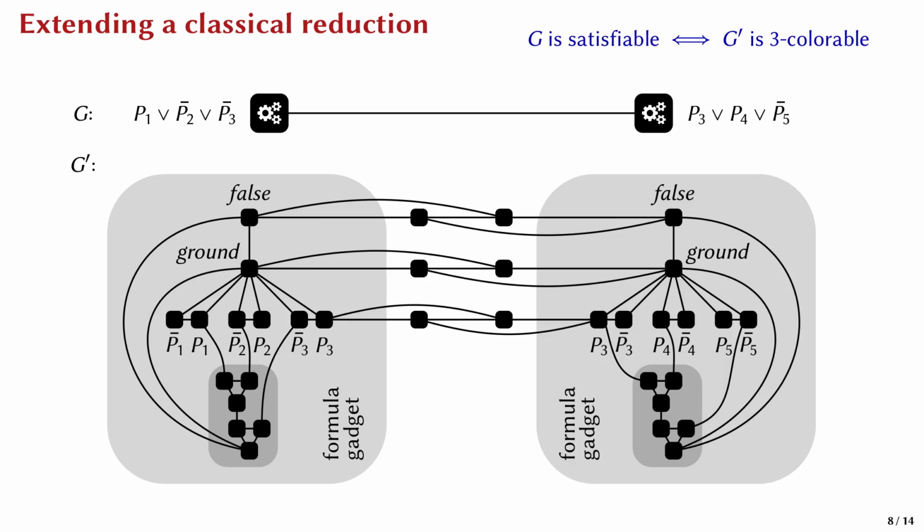Again, this reduction can be computed by the nodes in local polynomial time. Each node is responsible for the gadget that encodes its own formula and also for half of each gadget that connects it to a neighbor. Now, this reduction may seem a bit artificial. In particular, the problem of distributed Boolean formulas may seem artificial. But it's actually quite useful because it's one of the building blocks I use to show that 3-colorability is sigma 1 complete. And basically, we got it for free. It's just a classical textbook reduction extended with a very simple connector gadget.